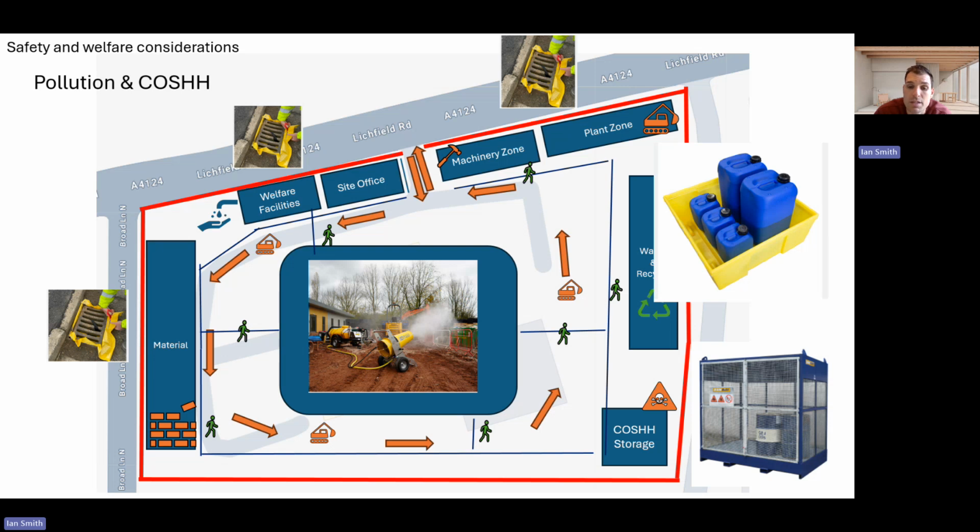As we've touched on before, our COSHH storage is located here as far away as possible from our domestic neighbours. So our fuels, paints, solvents and adhesives will be controlled to prevent harm to workers and the environment, and all hazardous materials will be assessed and managed in accordance with COSHH regulations in clearly labelled containers within secure COSHH cabinets, as we can see in this image,